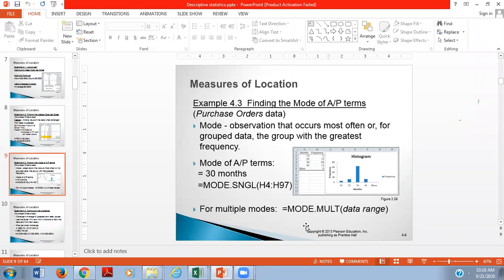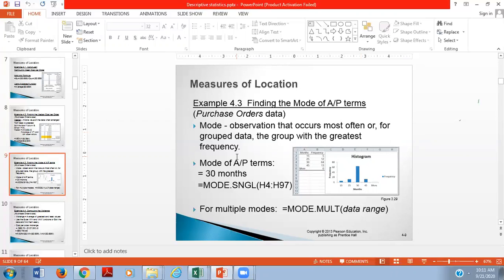So mode is also here. What does mode mean? Observations that occur most often, or for grouped data, the group with the greatest frequency. So mode is exactly when something happens a number of times, so it will be considered as the mode.